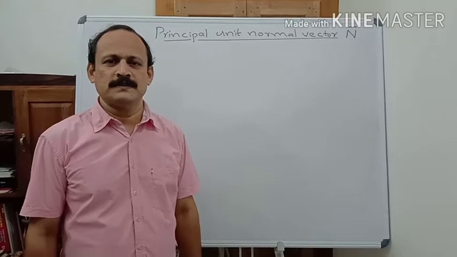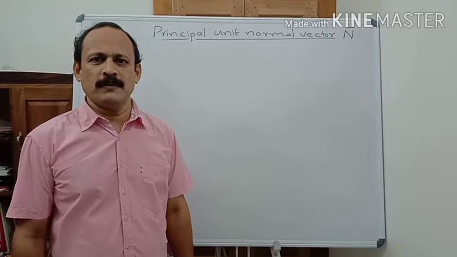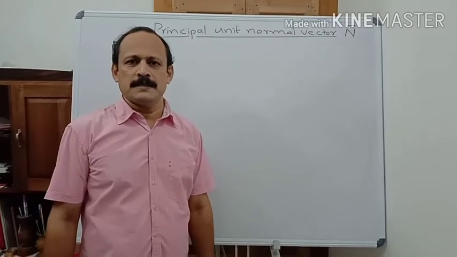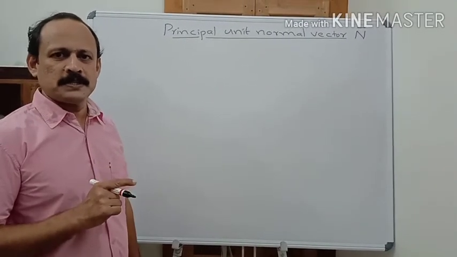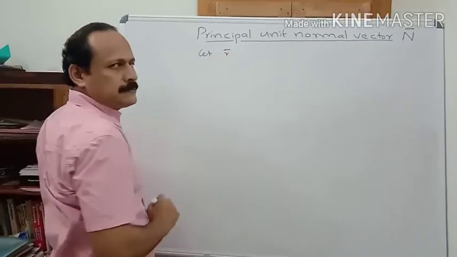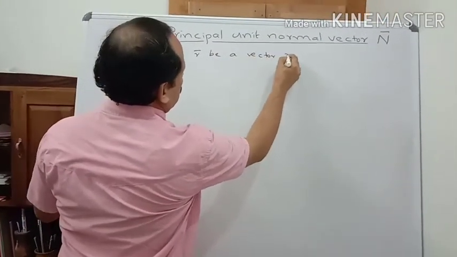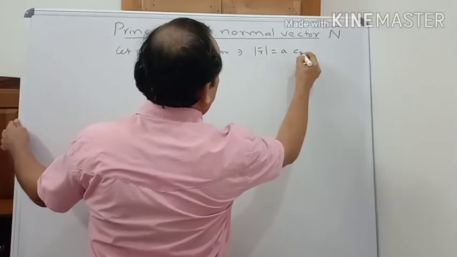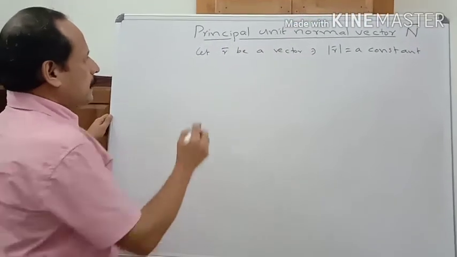Welcome students. In this class we discuss principal unit normal vector which is denoted by n bar. Let us start with a vector r bar having constant magnitude, mod r bar equal to a constant. Then